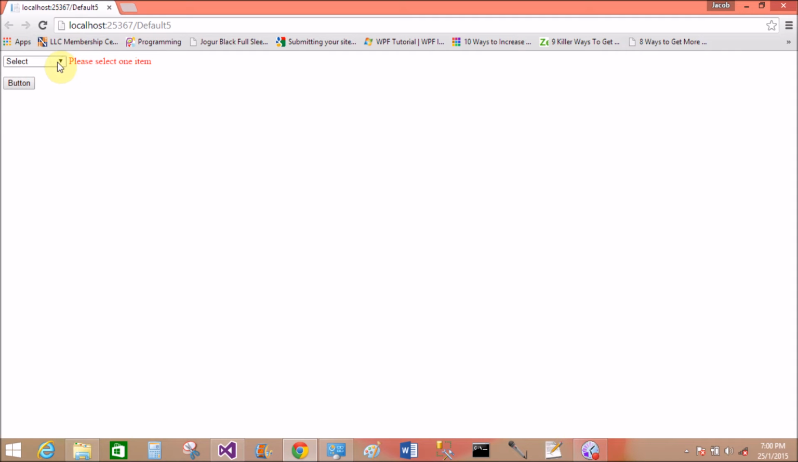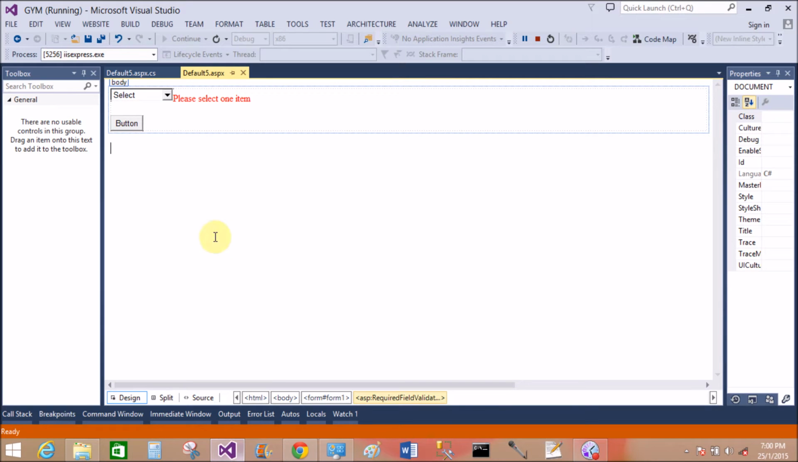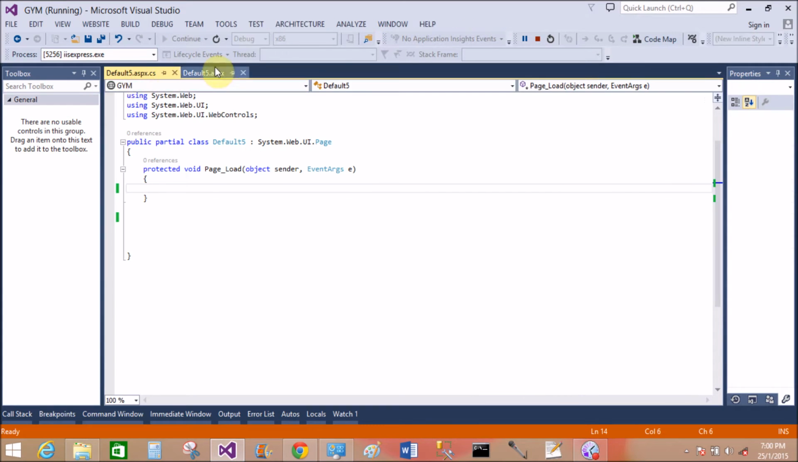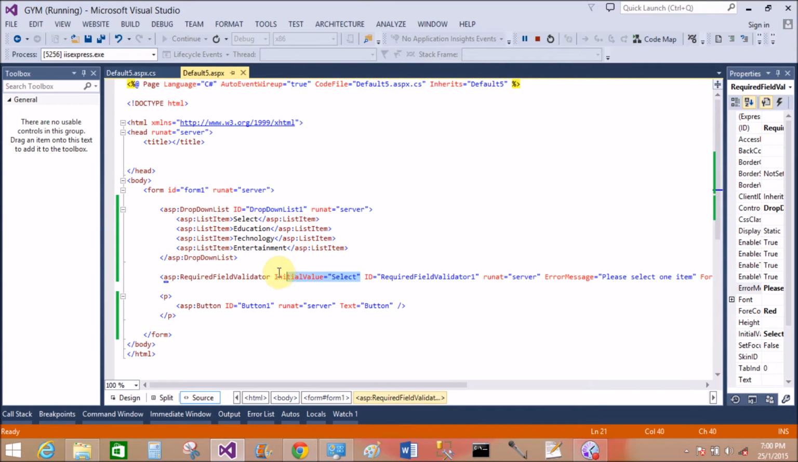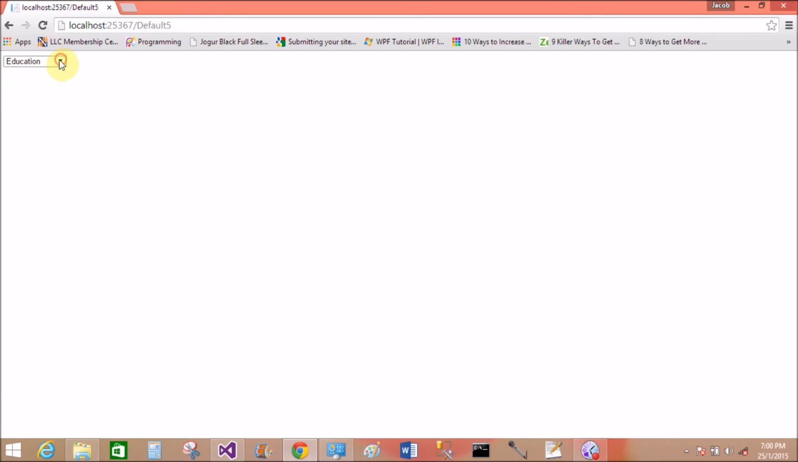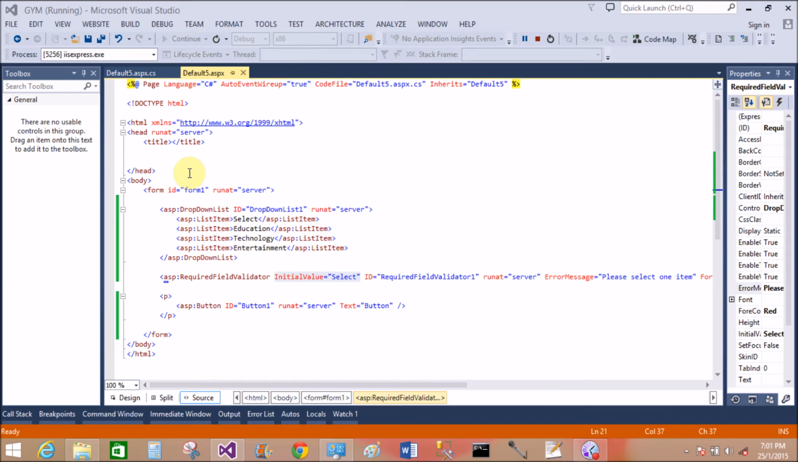Yeah, your initial value matches the single text, and education is not the initial value of the required field validator. Again check, your initial value is select and your first item of the drop down list is also select, so you get the error because the initial value matches the first text. Okay, now